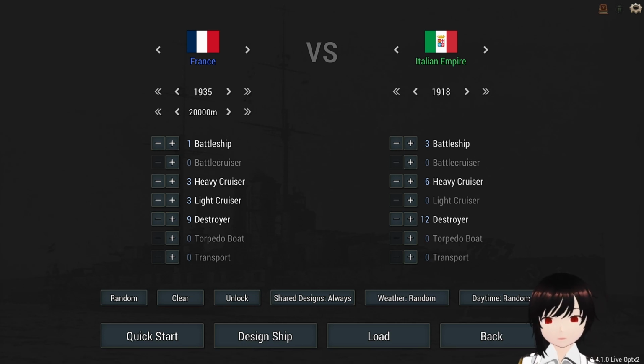But the scoring: 10 points for sinking a 1939 battleship, 8 points for sinking a 1939 heavy cruiser, 6 for sinking a light cruiser in 1939, and 4 points for sinking a 1939 destroyer. 5 points for sinking a 1918 battleship, 4 points for sinking a 1918 heavy cruiser, and 2 points for sinking a 1918 destroyer. Remember, Admirals, any ships you send to one engagement cannot join in the other, and you must fight both battles. With Brosilly having designed the ships,